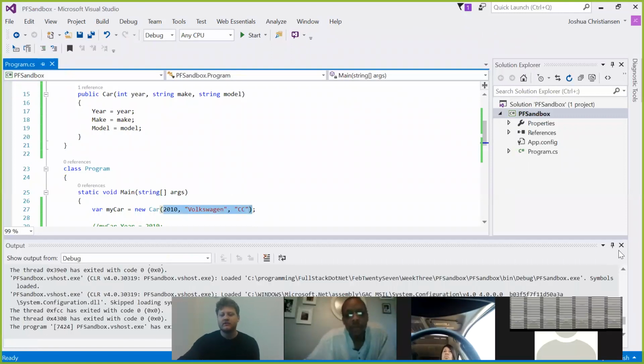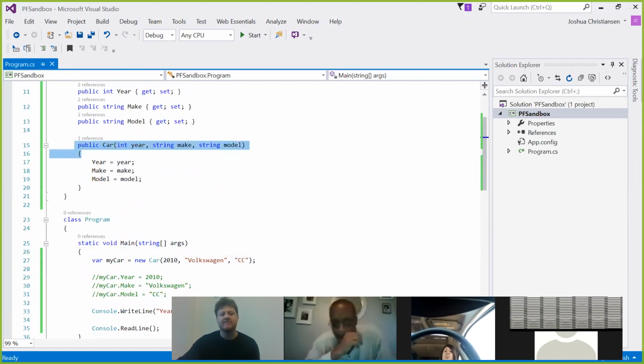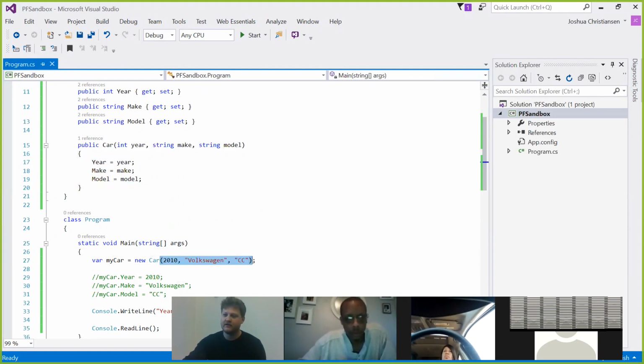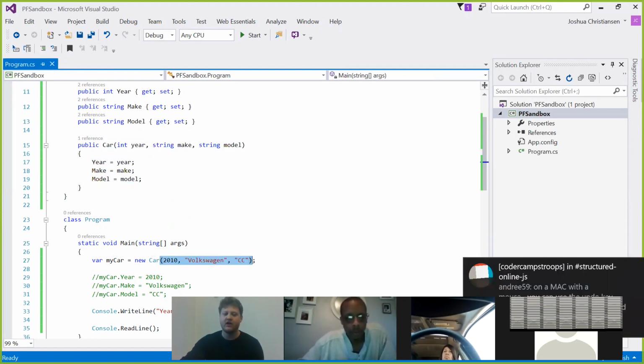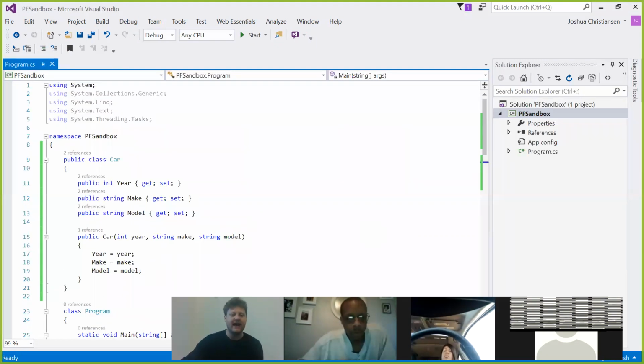So does that supersede the above class, or is that all part of the class? It's all part of the class. This is a method that exists on that class, so it's part of the car class. We're just no longer using the implicitly defined constructor. We're defining our own explicit constructor, which is very neat because in doing so, we can actually